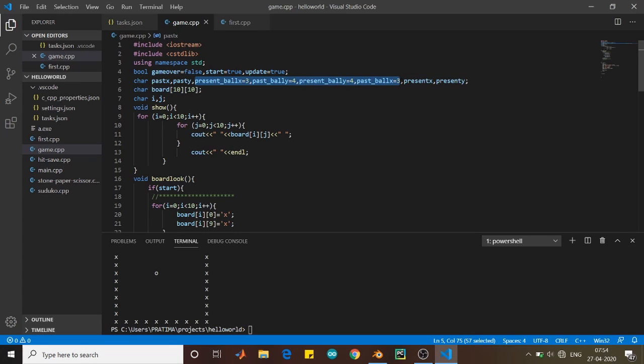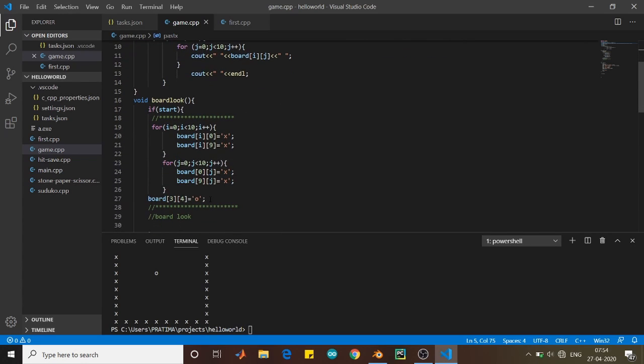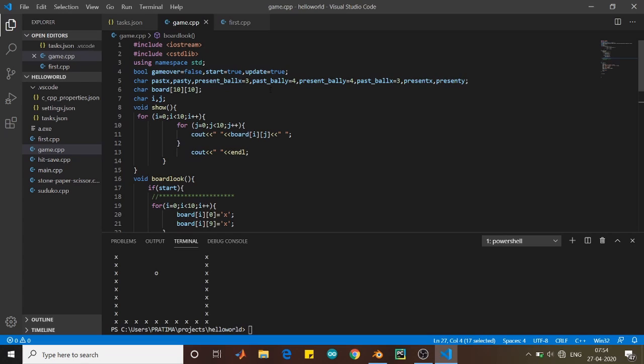This is going to represent our ball O, and my ball O's present position is 3 and 4, 3 row and 4, as we did earlier, if you remember, like this. And for now the past position is also this, because the game is just going to start.